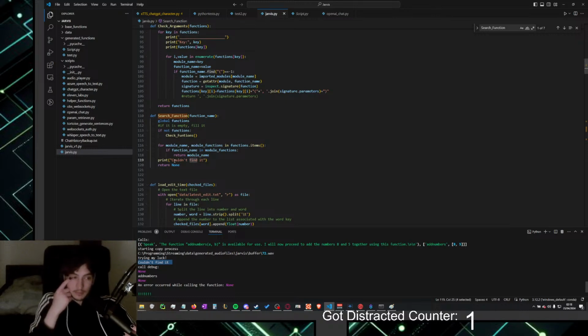How do I do that? Function name in the function is return module name. Okay.